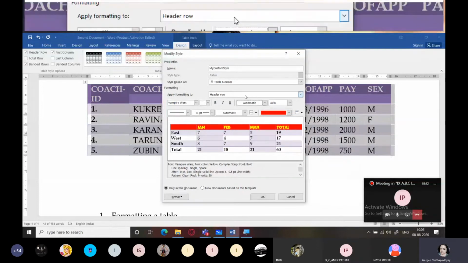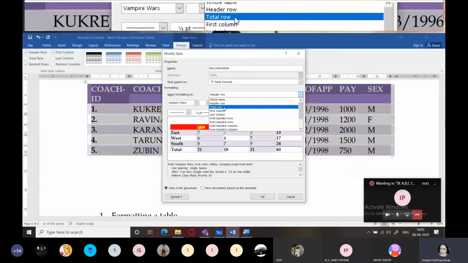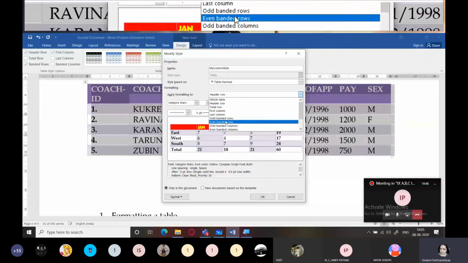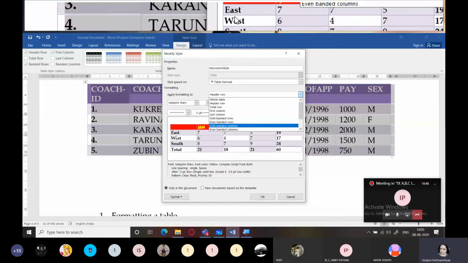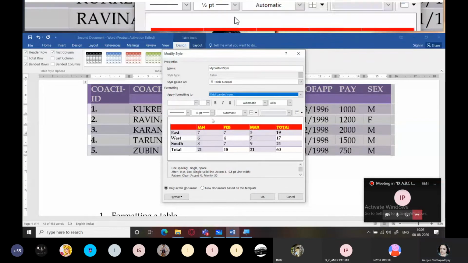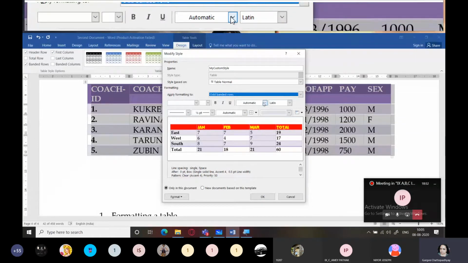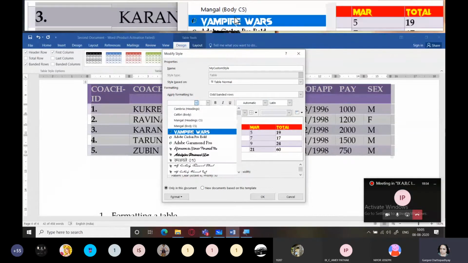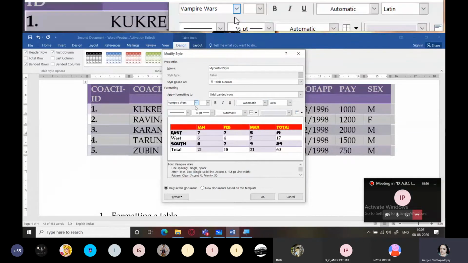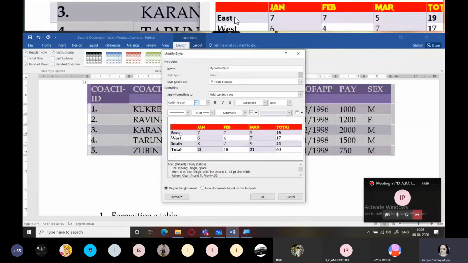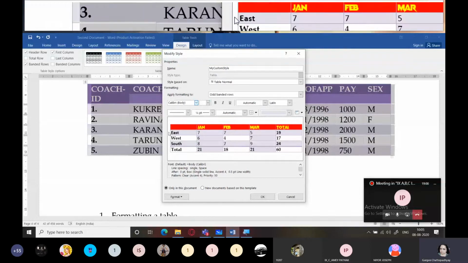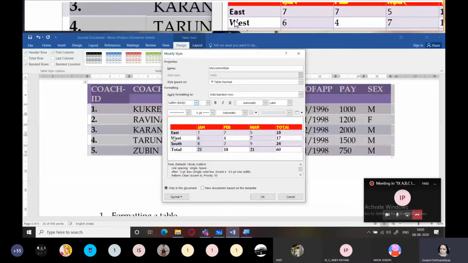And similarly, I can have total row, that is all the rows, or maybe odd banded rows. Now you can see over here, which are the odd banded rows. Let us just try to change something over there. So these are the odd banded rows, that is 1, 2, 3, 4.